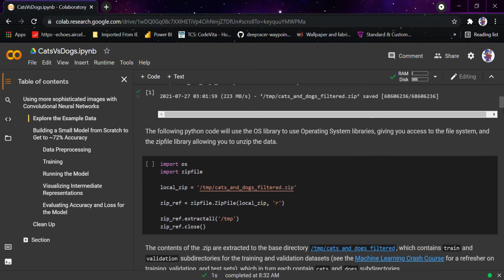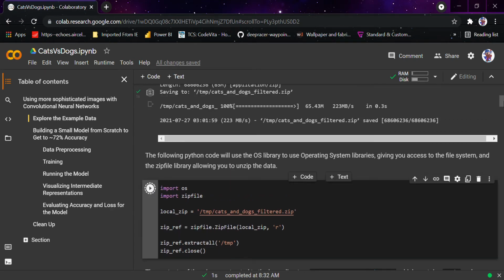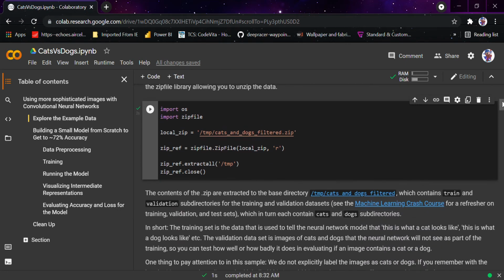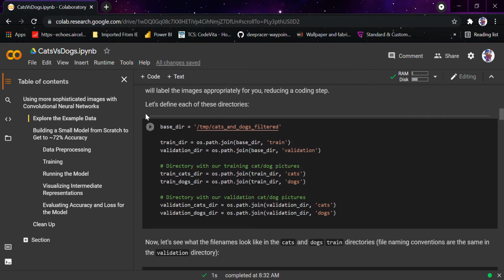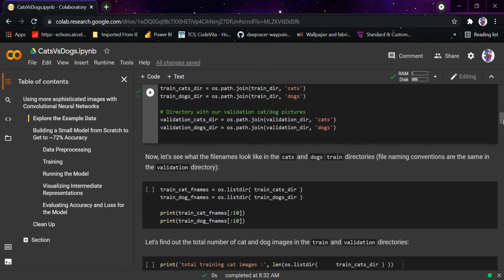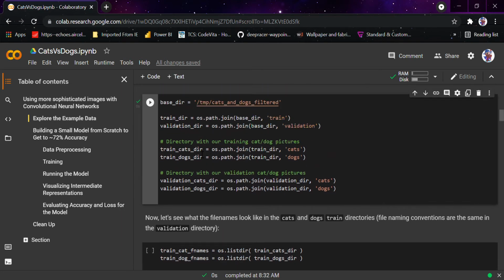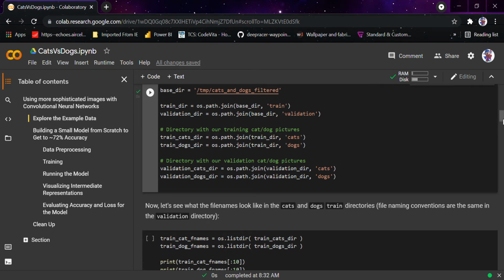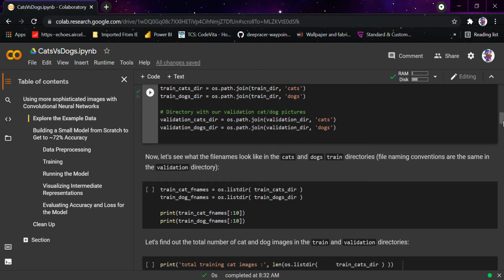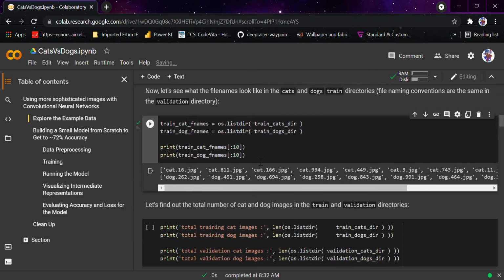Now I would be coming down here, and we would be allocating the libraries and locations as we did last time. We would be telling where the data should be stored, and at the last we will be defining the four directories. As you can see, training directory, validation directory, then training cats, training dogs, then validation cats, validation dogs. Now we will look at the file names in the cats and training directories, what they look like. So I will be printing two of these. They look like cat.16.jpg, cat.811.jpg. They are named like this in the training and validation directory.